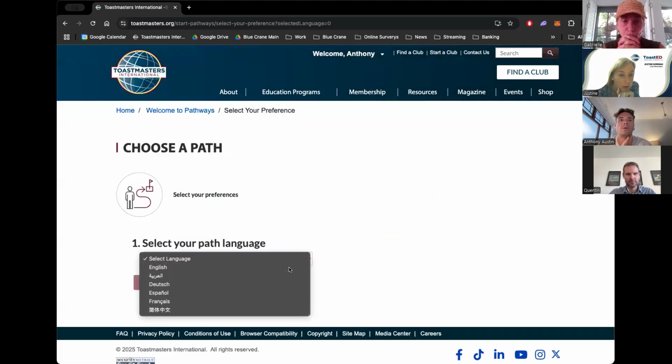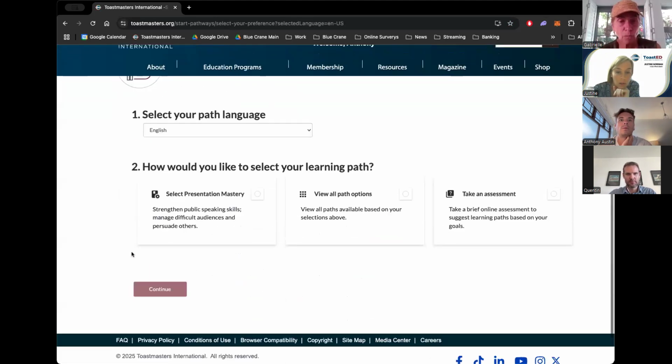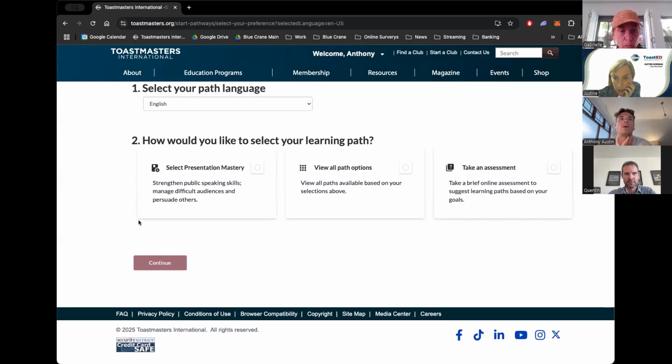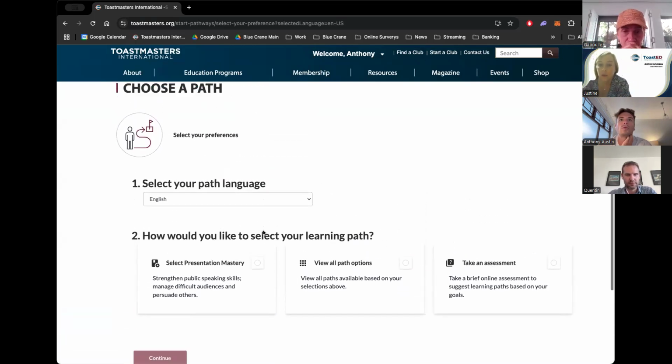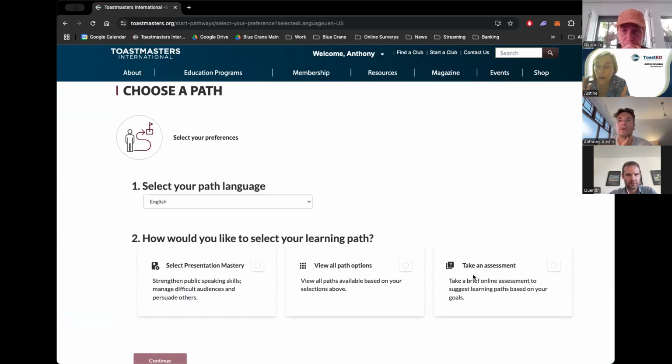And then just select your English. You can also, on the third little block here under number 2, it says take an assessment. So you can take a quick little online assessment. You don't have to do it now, where they ask you a couple of questions and then they give you